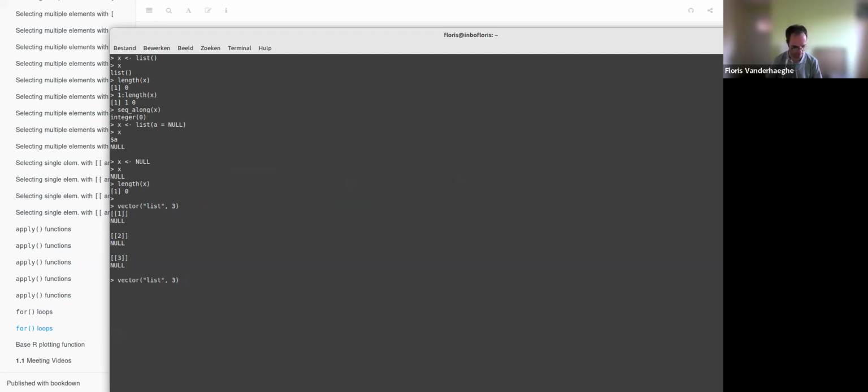But if we want to know the length, well, this will still be 3, of course. So this is indeed a list. It has a length, but its elements are null, so empty. All right, so